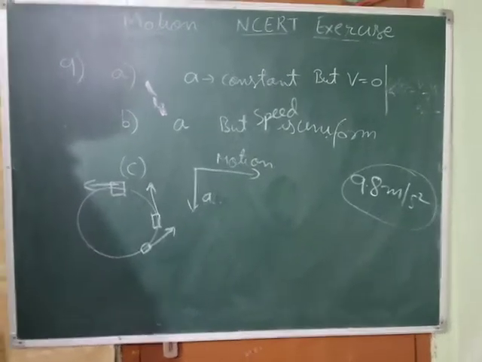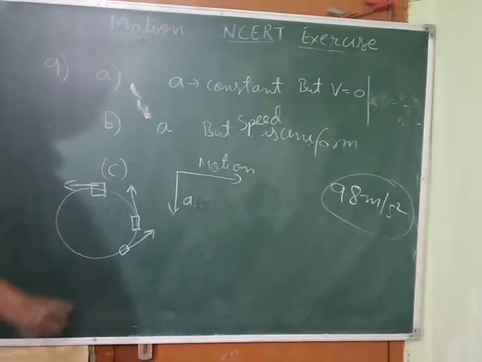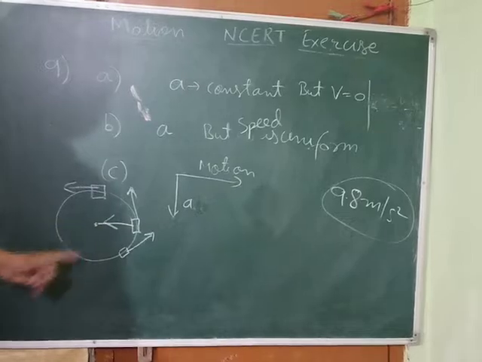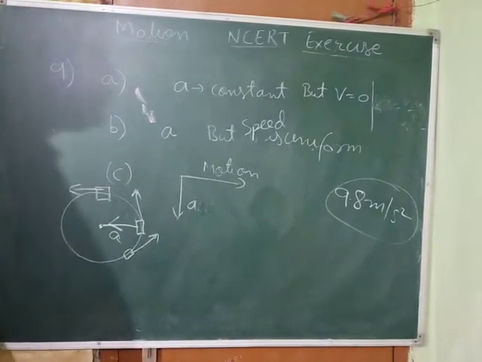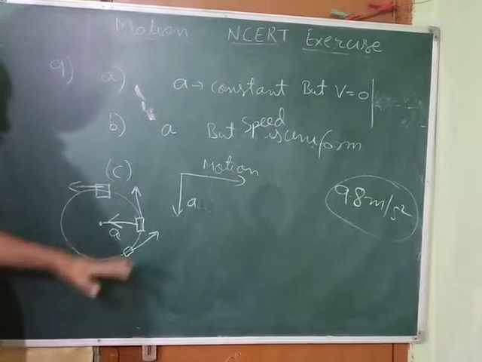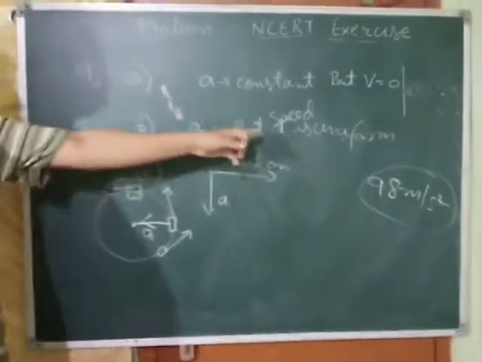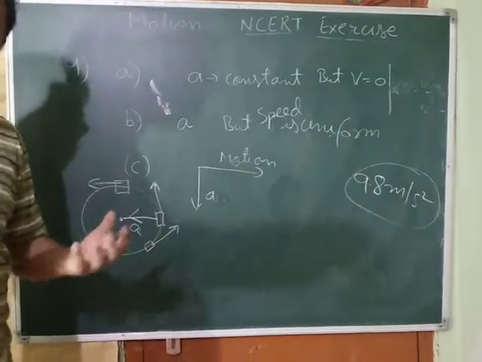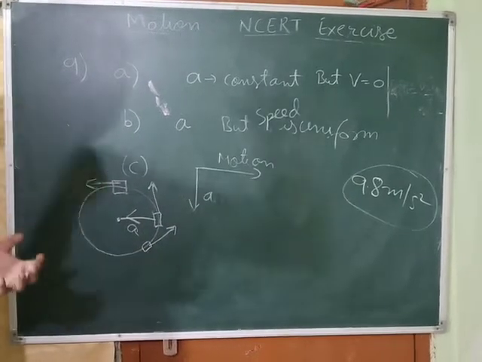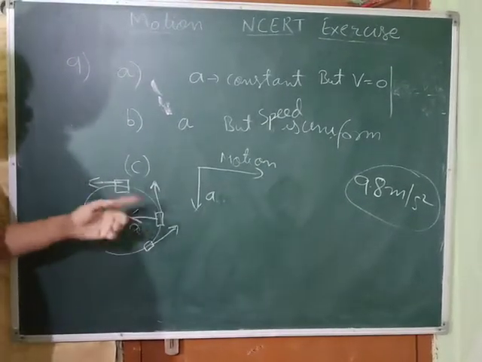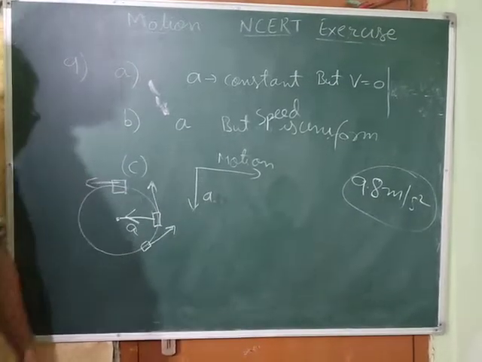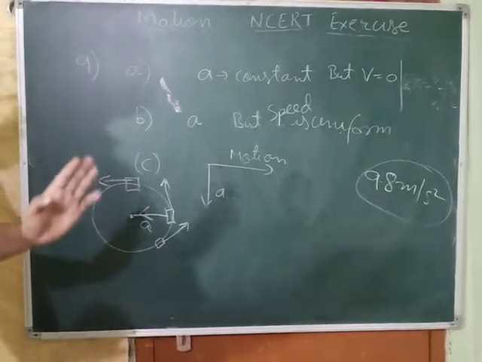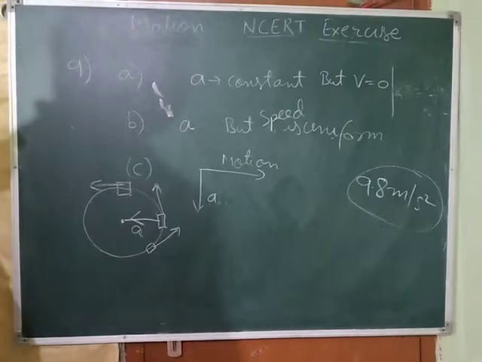And due to that, what happens? When velocity is changing, there will be acceleration. So it has got acceleration, and I told you it is directed towards the center, and this acceleration is called centripetal acceleration. So acceleration is there and the body is moving with uniform speed. So you can write the example: when a body is moving on a circular path with uniform speed, then due to change in its direction at every point, it has got acceleration. Now let's go to the third part.